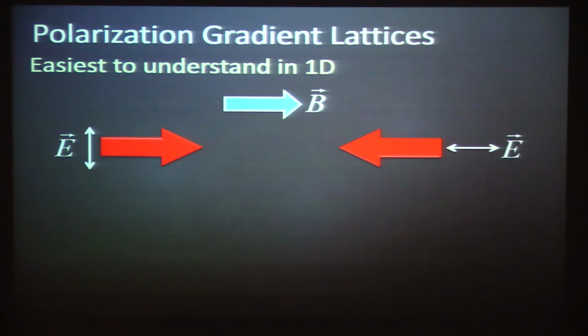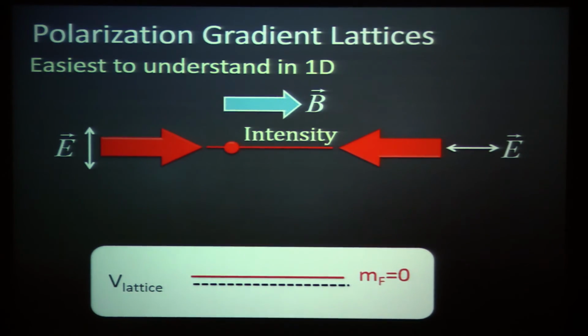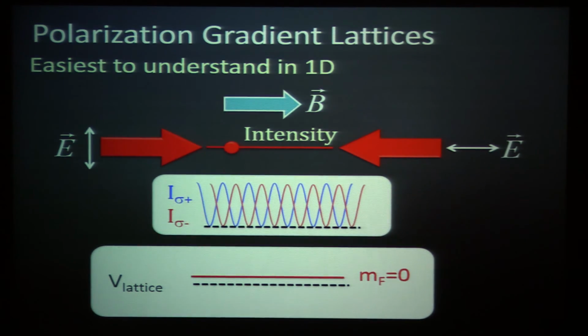What you can do is you can make what's called a Lin-perp-Lin lattice in the parlance of atomic physics, where you take two laser beams and shoot them at each other, but they have orthogonal polarizations. So if they have orthogonal polarizations, then the intensity is uniform. And so M equals 0 atoms will experience no potential, except for an overall trap, which is always present. But there are polarization gradients that are present. So if a magnetic field lies along that axis of the laser beams, then you can write down the electric field as actually a superposition of sigma plus and sigma minus light, which are out of phase. So if you stick an M equals -1 atom in there, it will actually experience a lattice potential as it moves in space.